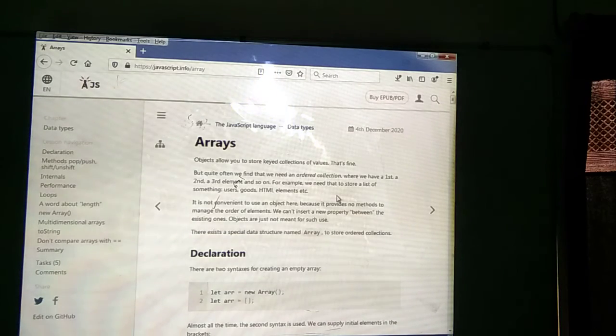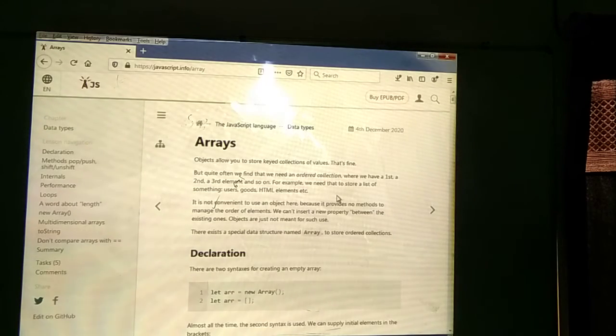Hello Varuna. Today we can start with arrays in JavaScript. Already we have seen in C language what an array is and how many types of arrays there are. In C++ also we have already discussed what an array is, how many types there are, and how to locate the memory address. In JavaScript, we can see one by one what an array is, how memory is allocated, and how to declare arrays.